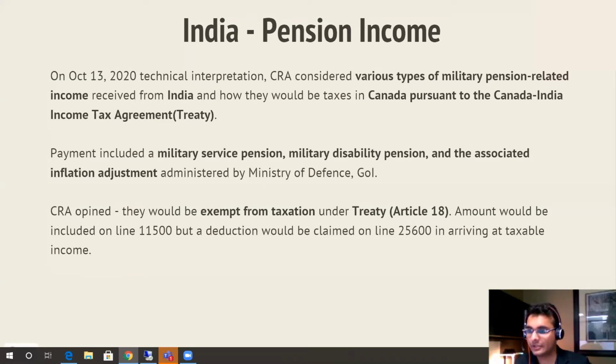Okay, Shivani has a question. To claim home office expenditure which are not reimbursed, do we need any document from the employer? Shivani, I don't think you need any document from the employer, but of course you will need the T2200S form signed by the employer. It's a very simple form, just where the employer certifies that you work from home and you use your workspace to work. So yes, it will fall under the detailed method and you'll have to have that T2200S signed, and that's all.